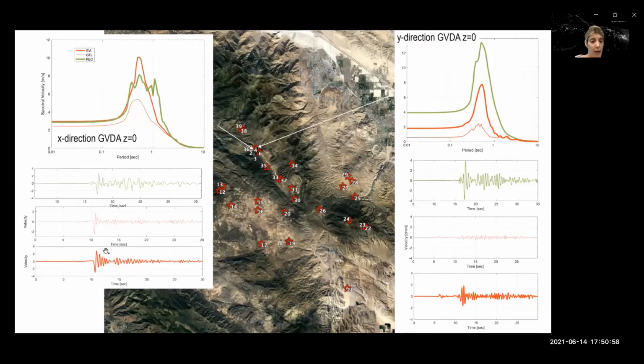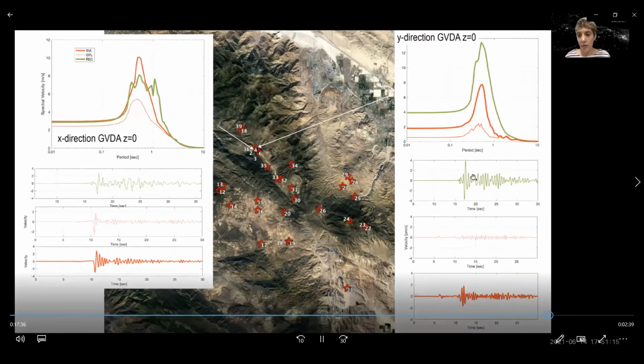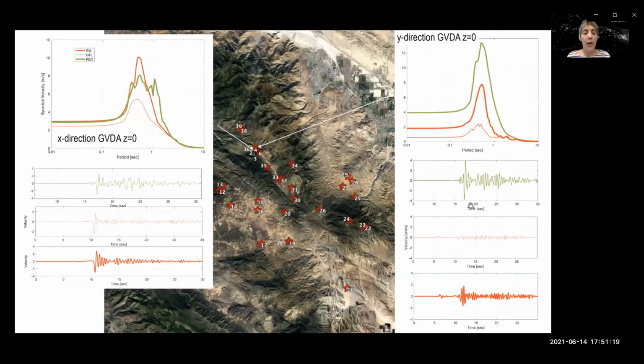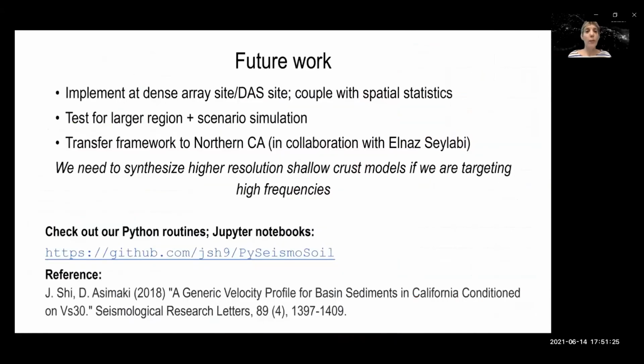SVM produces high reverberations. There's no damping, there's no Q differences in this case. It's just purely because of the variation in the model with depth, as well as the fact that if there is an impedance contrast between SVM and Z1000, we leave it there. And so this amplification here in the Y direction is purely because there is a discontinuity in the profile, and we don't overrule this discontinuity.